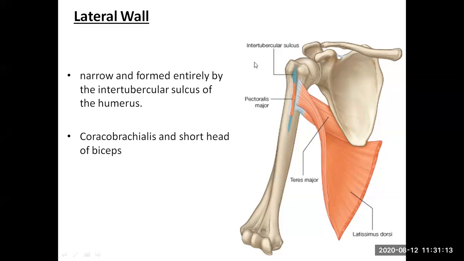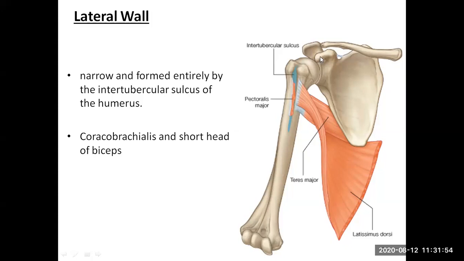Supraglenoid tubercle. So here from the supraglenoid tubercle, the long head of biceps brachii, the biceps muscle, is arising. It passes over the head of the humerus and is lodged in the intertubercular sulcus. That's why it is also preventing the upward dislocation of the shoulder joint. And here on the medial lip of the intertubercular sulcus, the teres major muscle is attached.